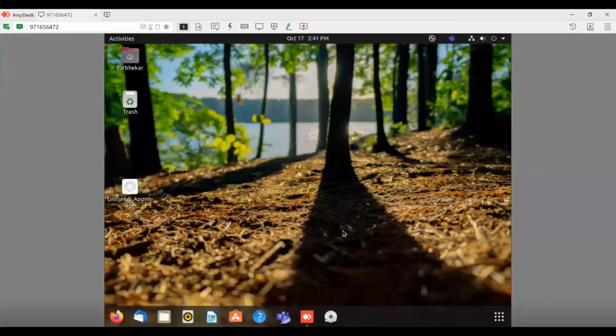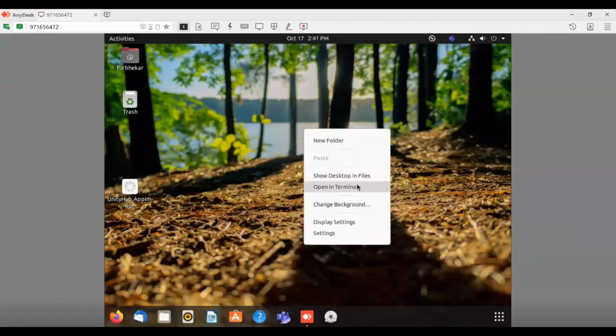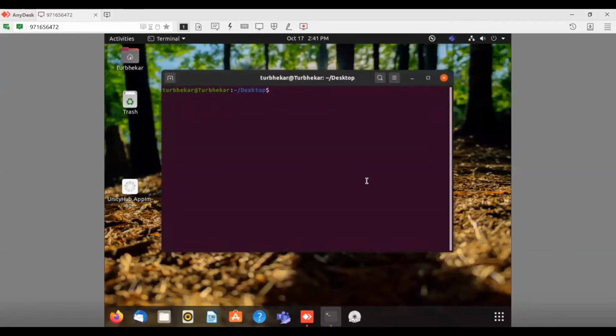After understanding what DHCP is and how DHCP works, now we will go to Ubuntu, and install and configure the DHCP server. Now we are on Ubuntu and we will open our terminal. The command to install the DHCP server is sudo apt-get install isc-dhcp-server -y. It will ask for the root password.